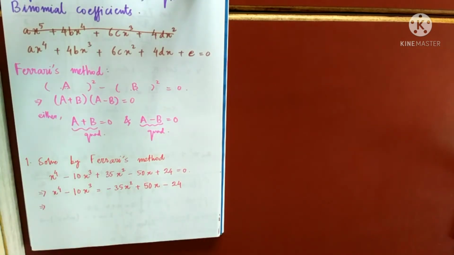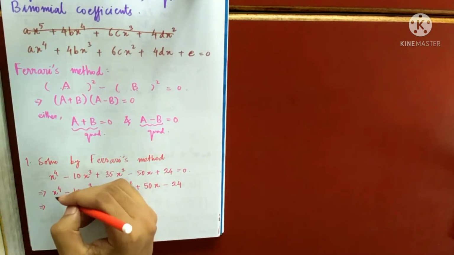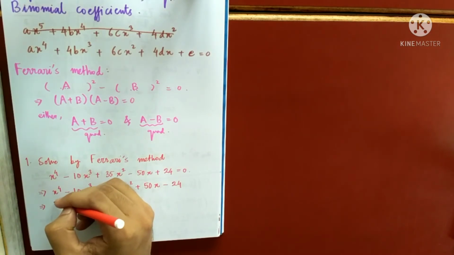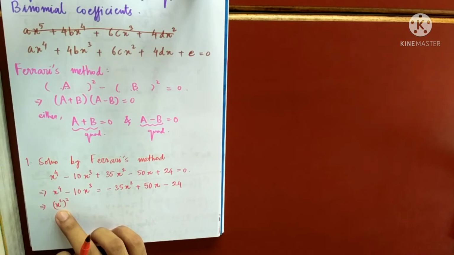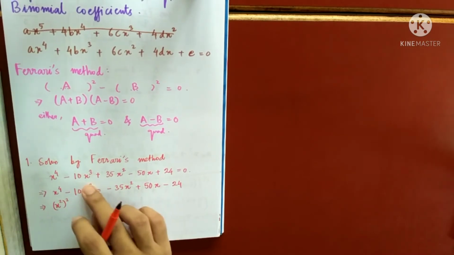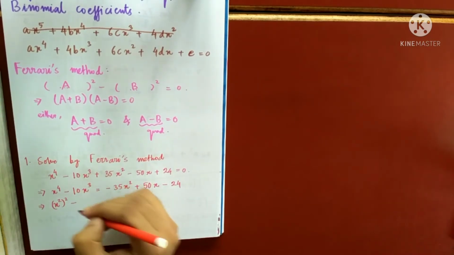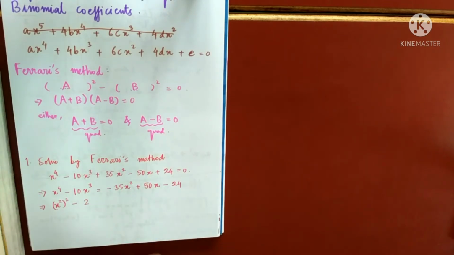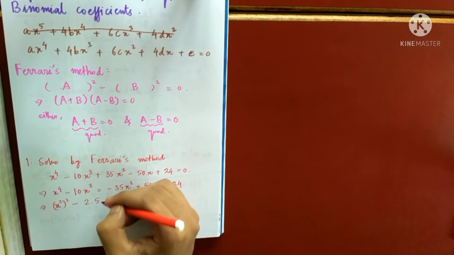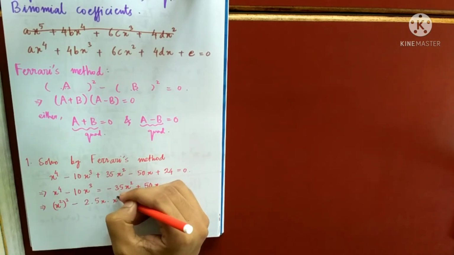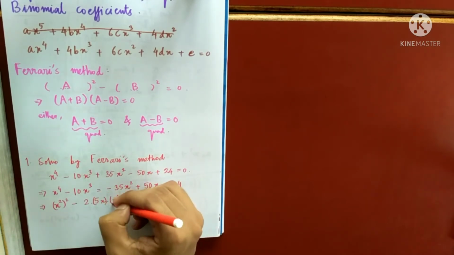You know the process of completing the square. We will do that. So this is x square whole square. I have already a square, I mean a is x square here. I'll try to express this in the form 2ab. So minus 2. So I have to get 5 here, x here, and then x square. You see? Try to understand my point.